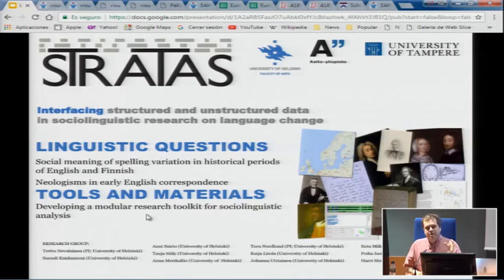So in the following project, the end-user interface is precisely what we've been focusing on. This project is an Academy of Finland funded project for doing socio-linguistic historical research. So the scholars here are interested in whose language dominates and gets to prosper. And I converted their letter corpus with associated social metadata. So you have metadata on the education, gender and social rank of the people who wrote these letters. And the researchers are interested in certain linguistic phenomena, like how did English end up being a language where you need to write